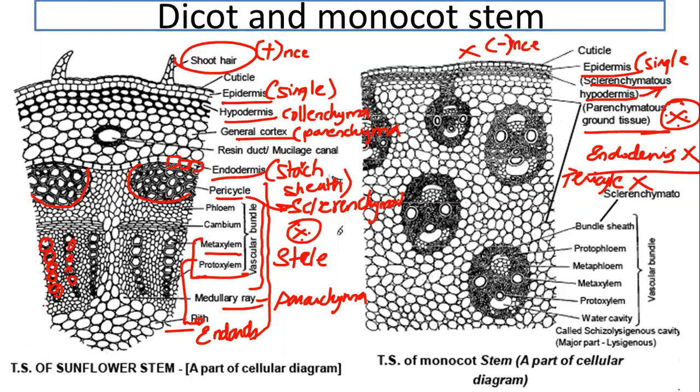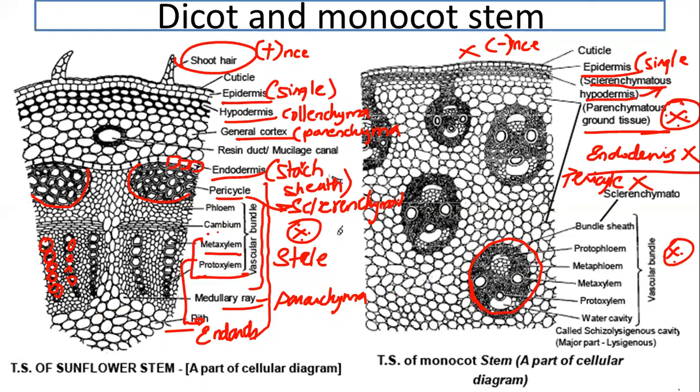When we talk about a monocot stem, here they are closed vascular bundles. The vascular bundles are closed and surrounded by sclerenchymatous tissue, the bundle sheath. And they are scattered in the ground tissue. Peripheral vascular bundles are larger than the central ones. I will be giving all the notes for you, don't worry about it. And the last one is pith. Obviously pith is present in dicot, but here in monocot the pith is absent.